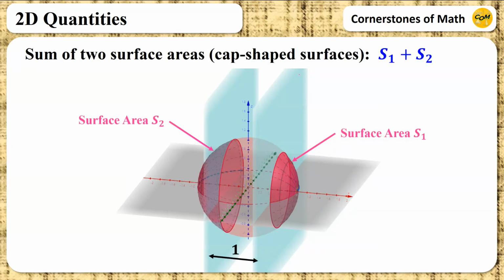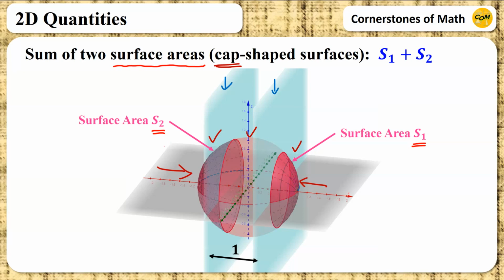And before we move on to 3D, there is actually one more type of area we can think of. You see, by placing two planes like this, the sphere is divided into three parts, and on both ends we have these two surfaces which are shaped like a cap. And we can think of the surface areas of these two cap-shaped surfaces. Let's call these surface areas S1 and S2 in order to distinguish them from the areas of the circles A1